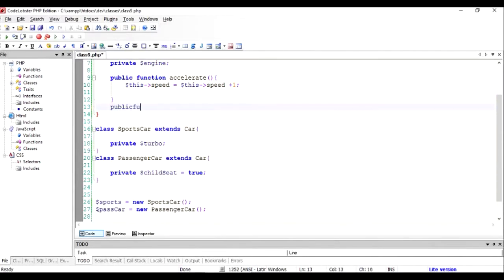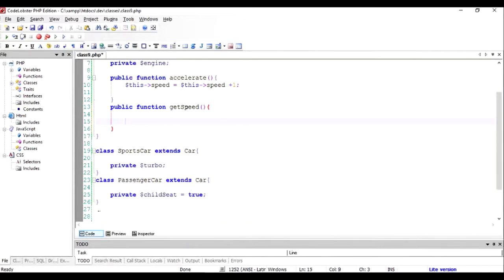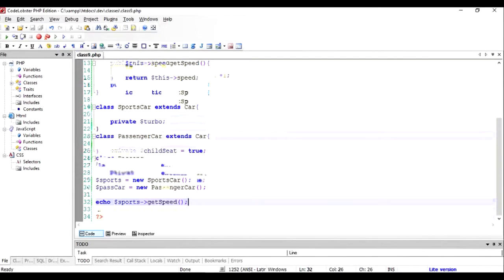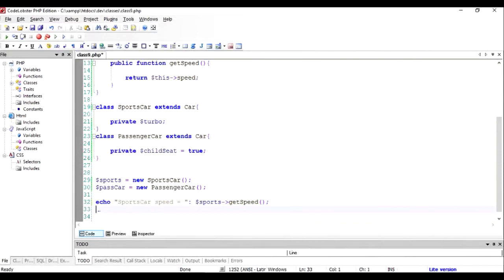Let's say public function get speed, return dollar this speed. Okay, and echo this sports speed, and let's give it some identifier, sports car speed equal to, and the next sentence could be passenger car speed equal to,